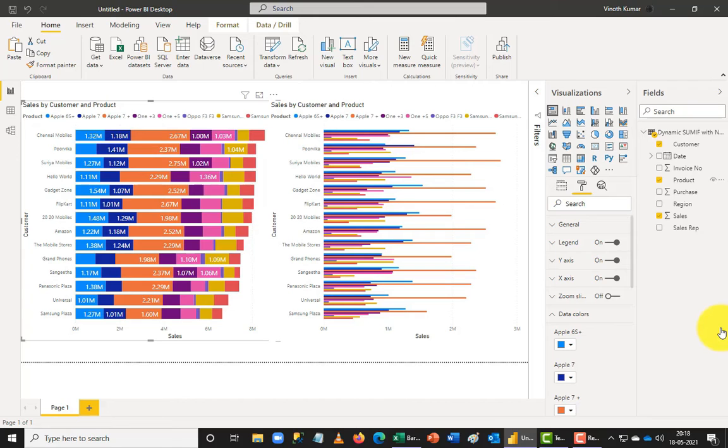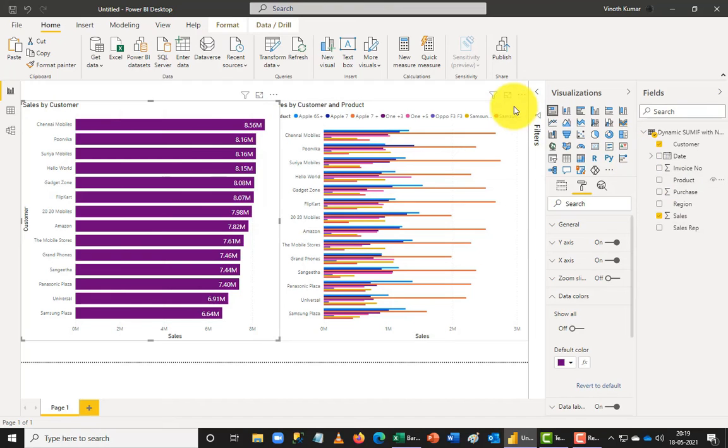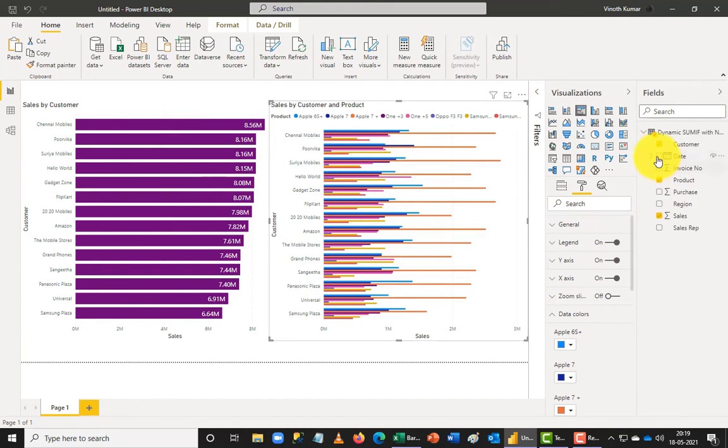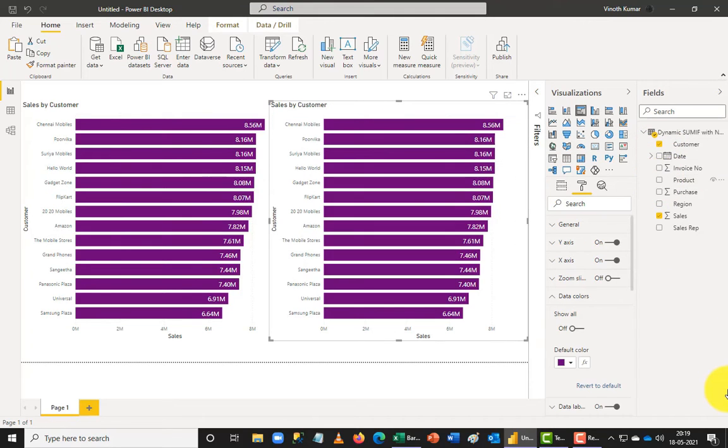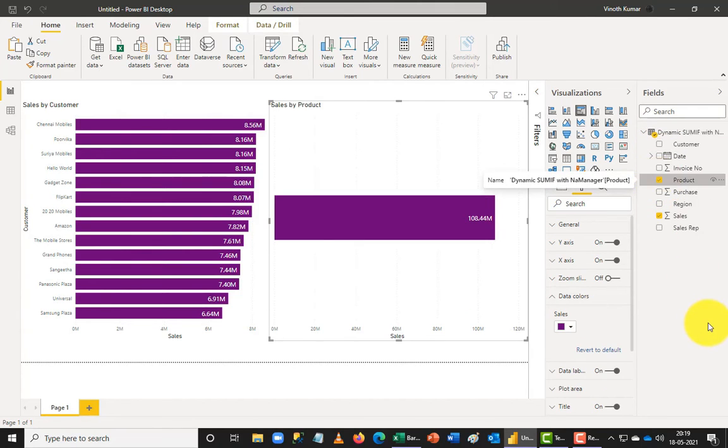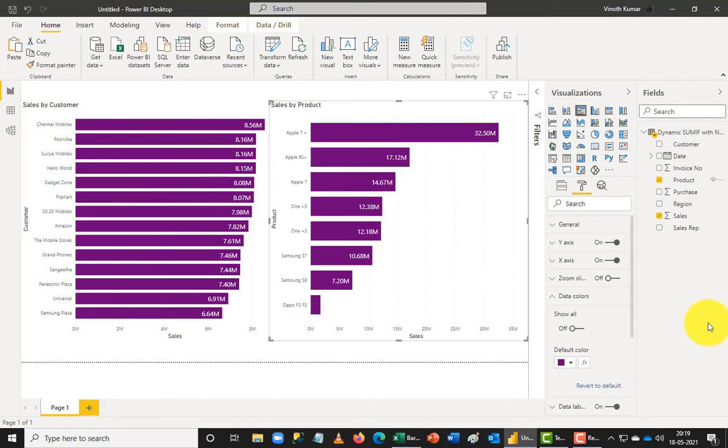So I don't preferably use multiple dimensions in the bar charts, because sometimes it will be a little odd to find out. So I'm going to just uncheck these dimensions. So when I normally bring one dimensional data, I can work around with them better. So now I can just change this from customers to a product. So now this formatting is not changing, only the valuation changes here.